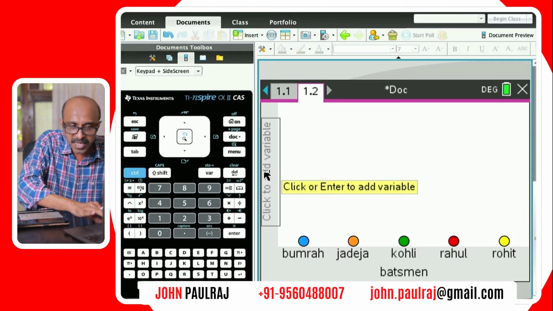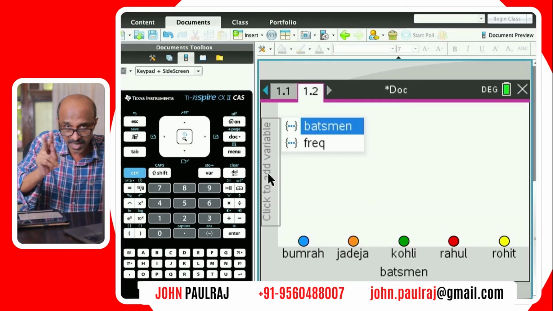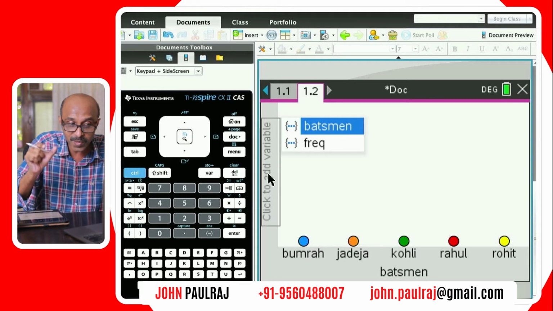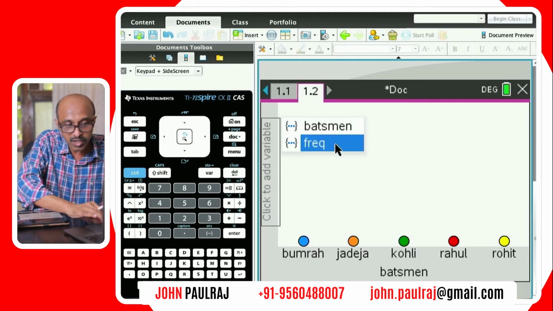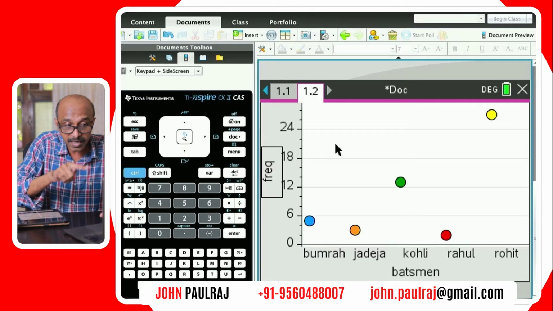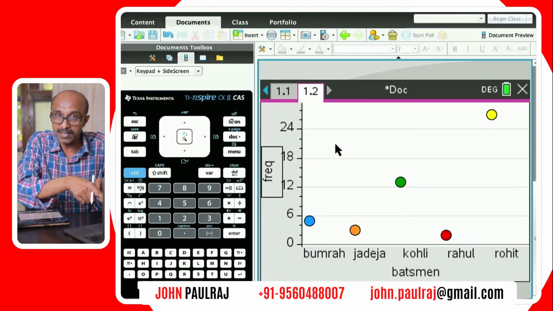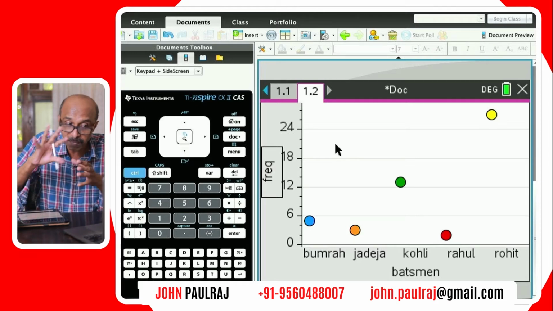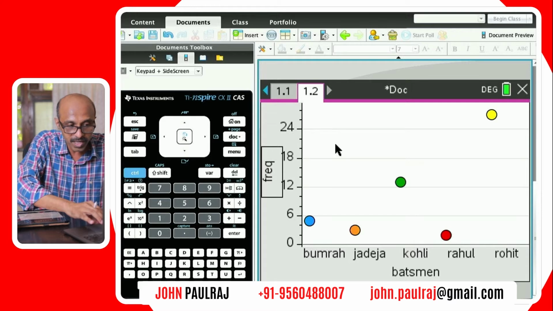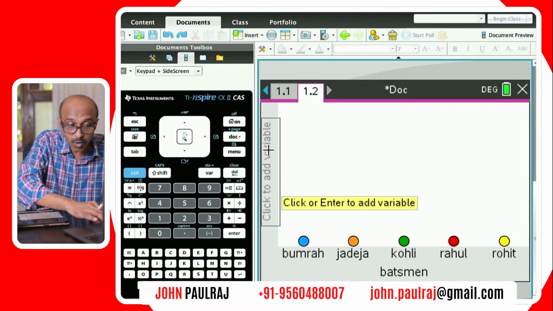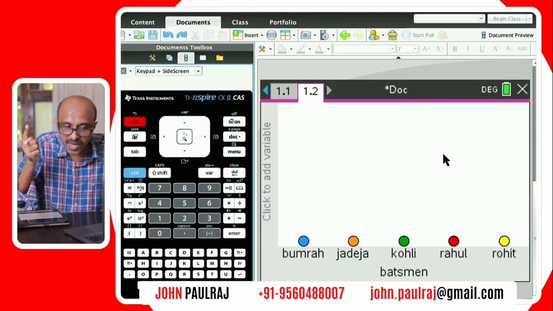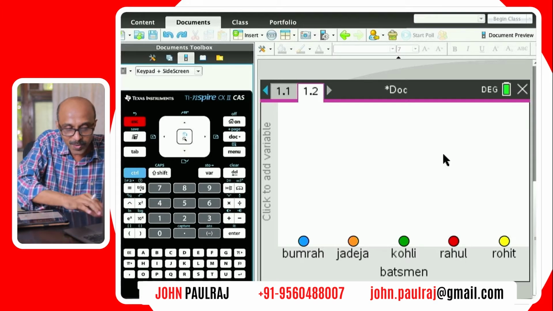On the y-axis, please don't go and choose frequency. This is the second tip. Even though you've called that list frequency, I'll show you what will happen. If you actually choose frequency, can you see? Suddenly, that's a scatter plot basically. But we don't want a scatter plot, right? We want a pie chart. So I'm just going to undo, Control Z, or Command Z if you're on the Mac. Don't do that.